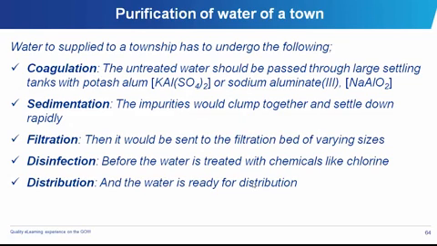Purification of water for a town. There are about 5 processes that should be undergone. The first is coagulation. That's when you actually treat the water with some chemicals like potassium alum. This would also lead to the second procedure, which is the sedimentation. The potassium alum makes the